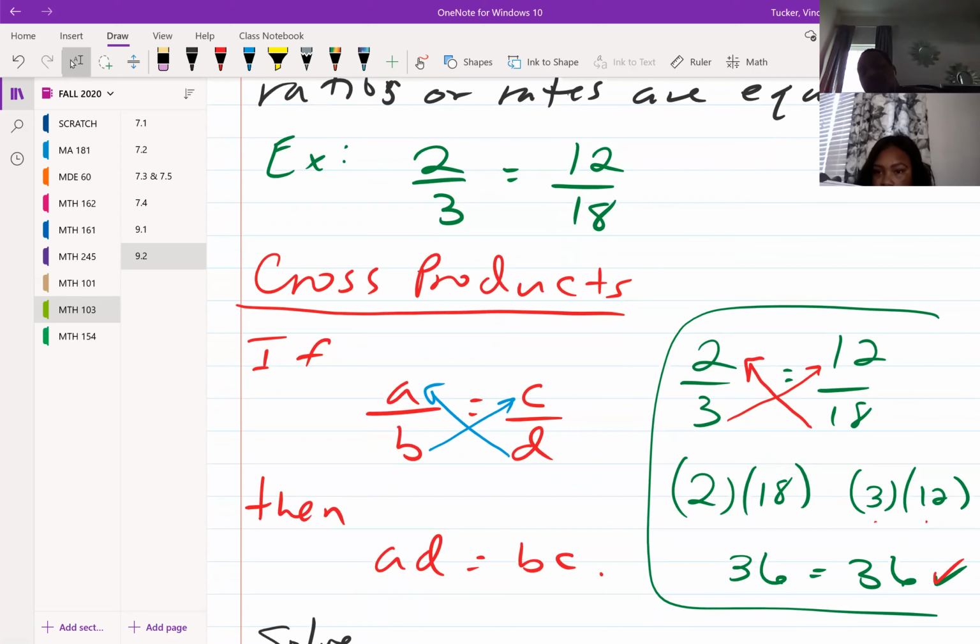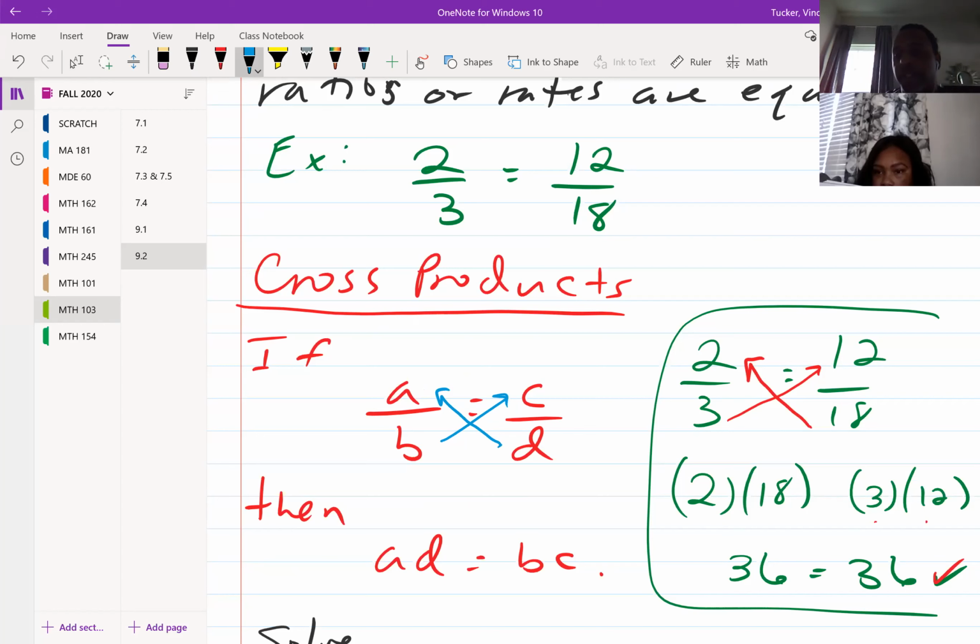And it just says that if I have two fractions equal to each other, A/B equal to C/D, I should be able to cross multiply, in which if I take the denominators up to its opposite numerator and multiply, then I should get two numbers that are equal to each other if we actually have a proportion. So I would take D up to A, take B up to C, and that means AD would be equal to BC. So if I take that 2/3 equal to 12/18,